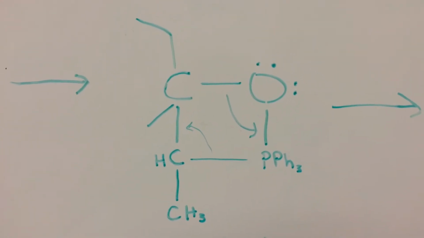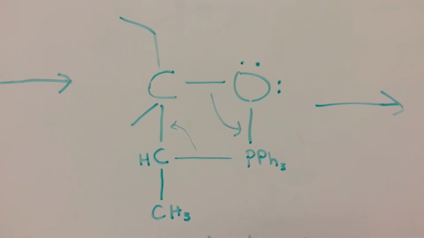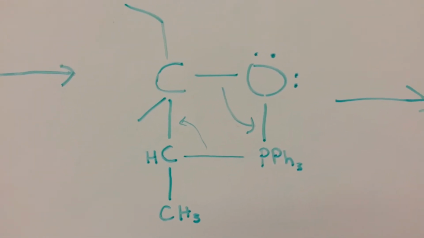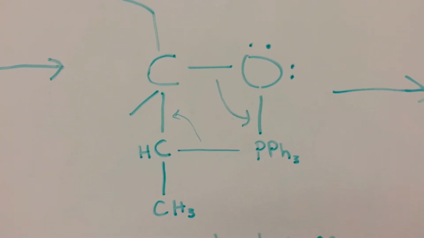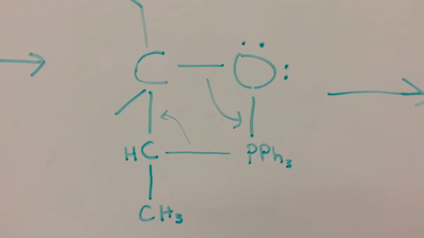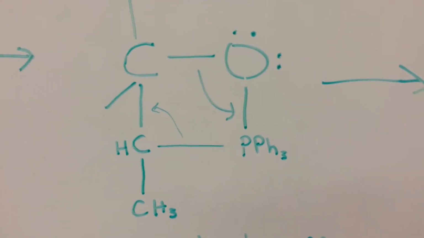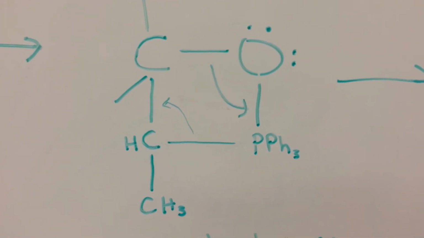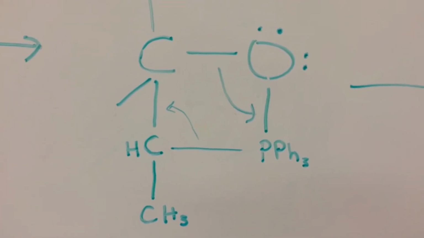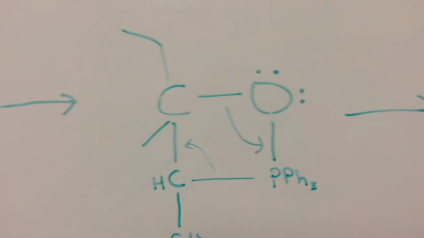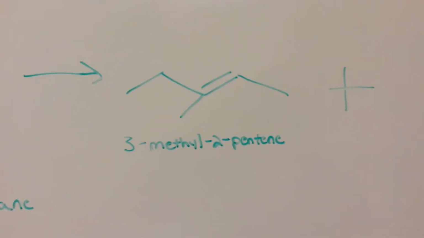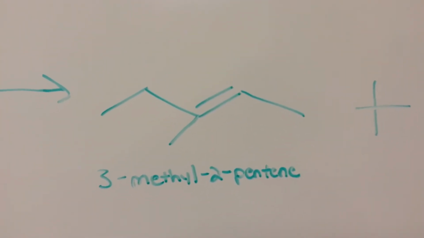And what happens in this step is the bond between the carbon atom and the oxygen atom is broken, and the electron pair from that bond attaches with the phosphorus atom, and the bond between the phosphorus atom and the carbon atom from the Wittig reagent is broken, and that bond forms a double bond between the 2 carbons there. So that gives us our products, 3-methyl-2-pentene